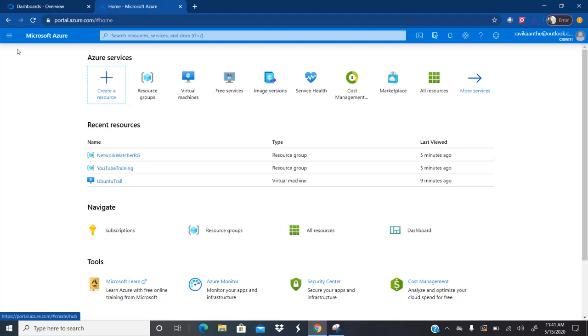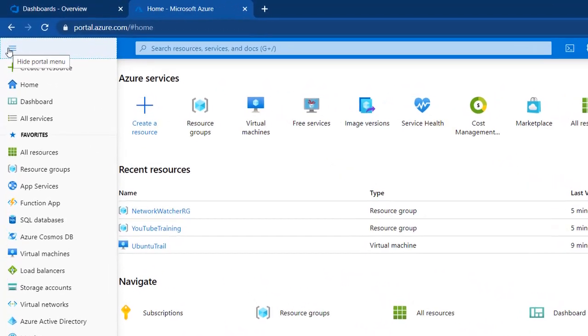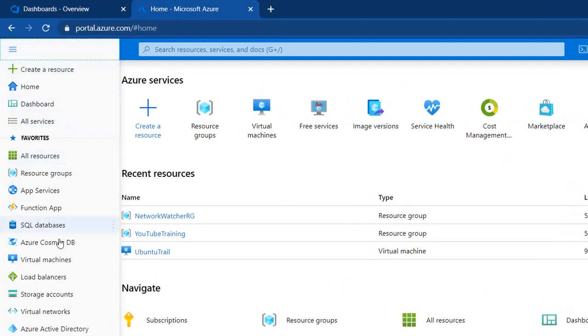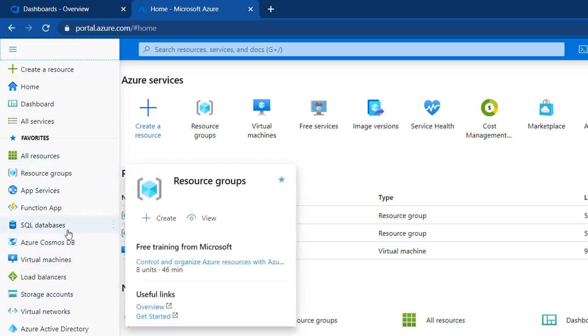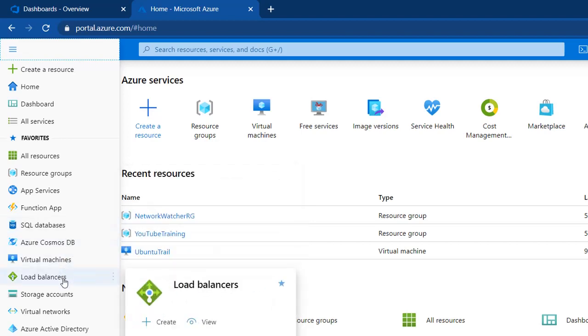And if you see the left menu, there are different options that are added to your favorites by Azure, which are very important in day to day life.